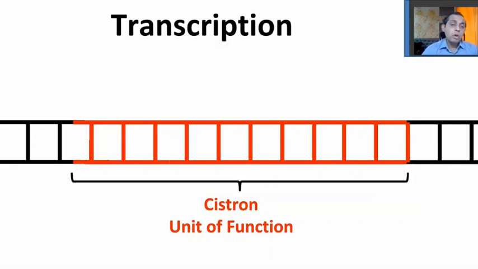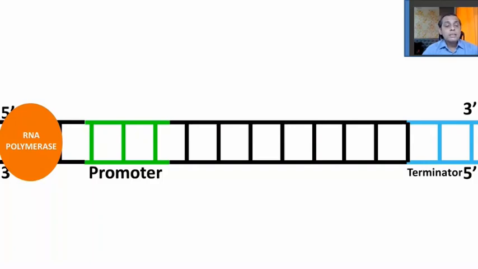Now transcription is going to involve some steps. It mainly consists of 3 steps: initiation, elongation, and termination. Let's understand the initiation. But before that, the DNA, when it's going to make RNA, which enzyme should be responsible? Remember, the enzyme for DNA making DNA was called DNA polymerase. And the enzyme for DNA making RNA will be called RNA polymerase. So the most important enzyme, the one which makes RNA from DNA, is named RNA polymerase.